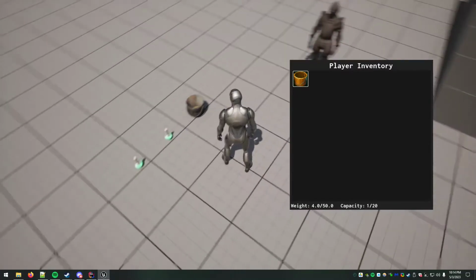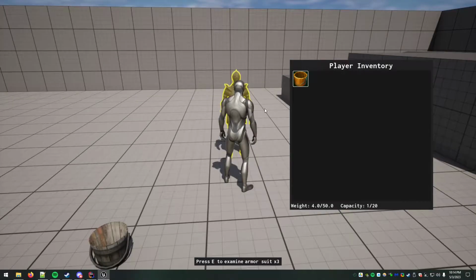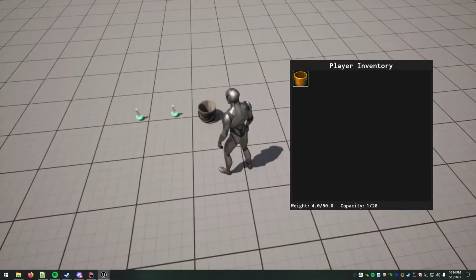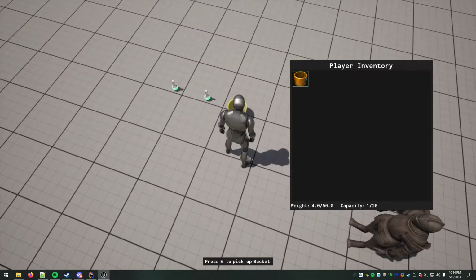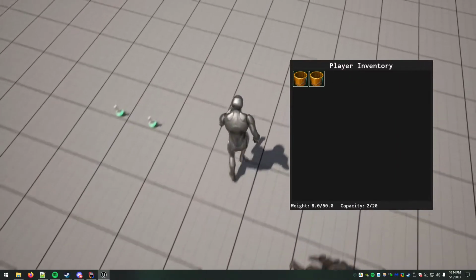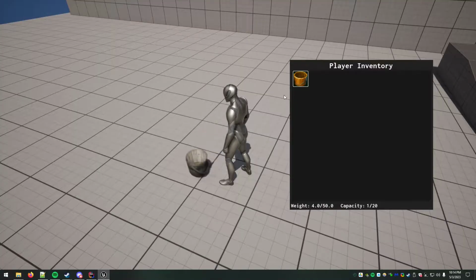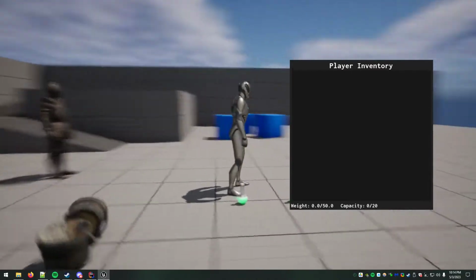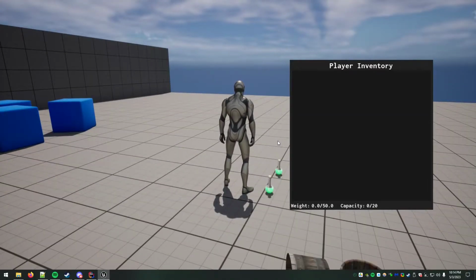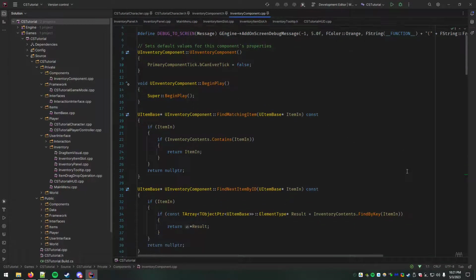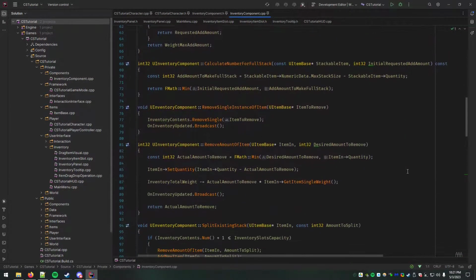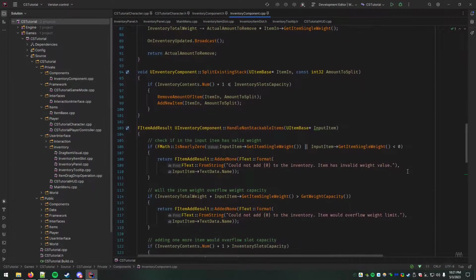It covers how to build a basic but fully functional inventory system to include an item database that's used to generate items that can be placed into the game world, an interaction system to let you pick up the items, and then obviously the inventory to let you view them and manage them, such as dropping them back into the game world and stuff like that. So those are what I consider to be three core systems for many types of games: items, interaction, and inventory.